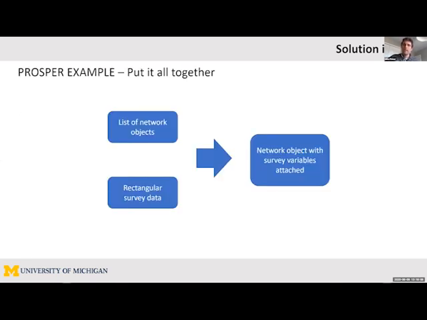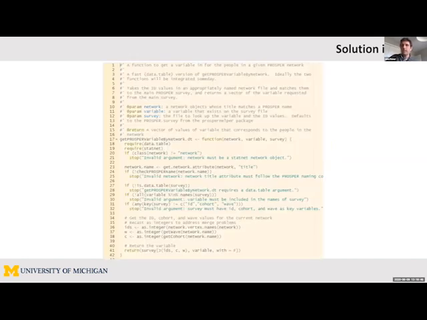Bringing this all together, I wanted to show you an example from a published paper that uses these types of functions. The notion here is that we have the data stored. This is the Prosper survey, the one with the 637 ill-documented files in a big box folder. What you'd want to be able to do is, say you have a list of network objects and a rectangular survey data object. Ideally, you'd want to bring pieces of information from the survey onto the network objects so that you could do some kind of network analysis with those.